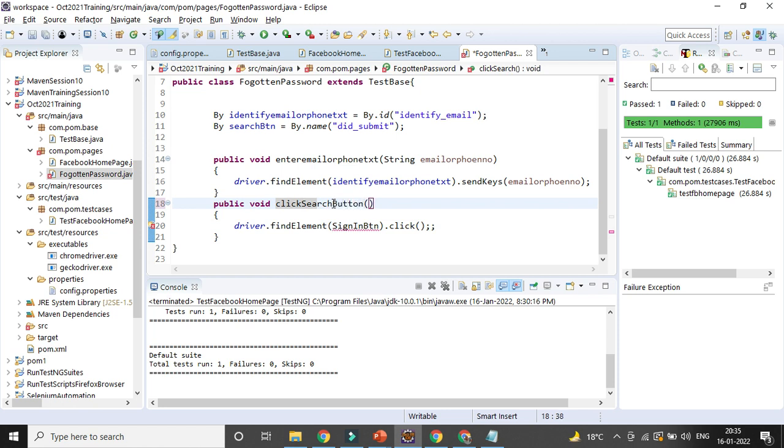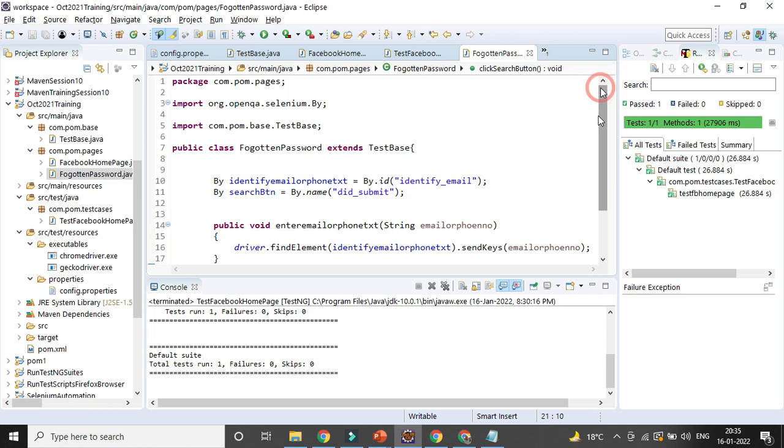Okay, what is the reference of the search button? This is the button of the search button reference, so I need to click it. Now the error message is gone. Okay, so for my other page also, I have created the page object model, the page